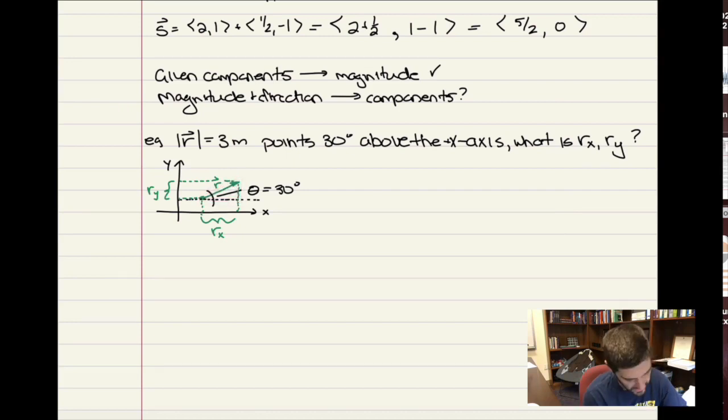So I'm going to recopy that so we can make more sense of it over here, where I know this angle, I know the length of the hypotenuse, I know that the entire vector itself is 3 meters, but now the question is, what is this x component and what is this y component? Given that this is a right triangle and we know one of the angles,